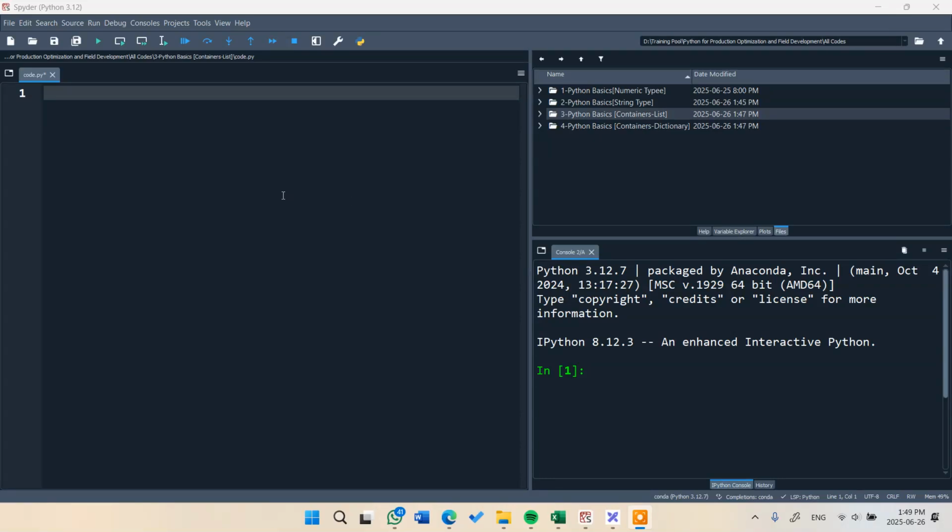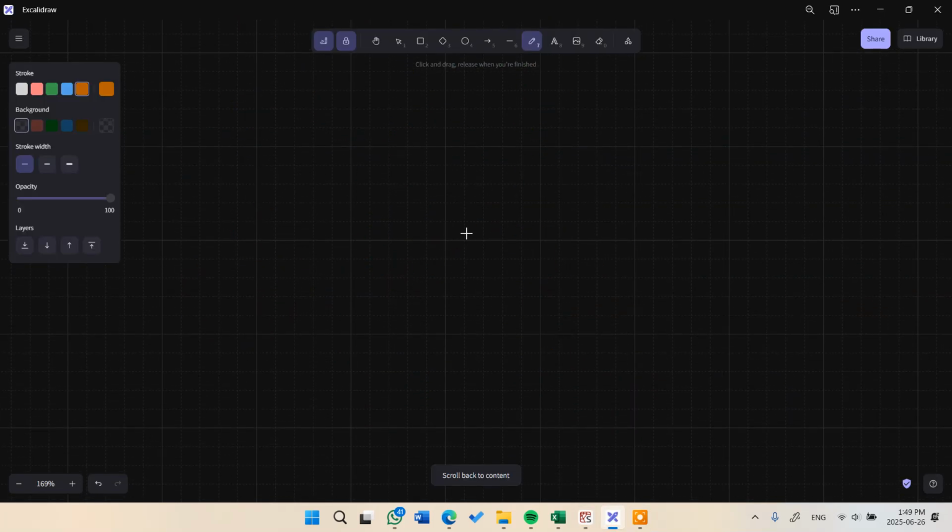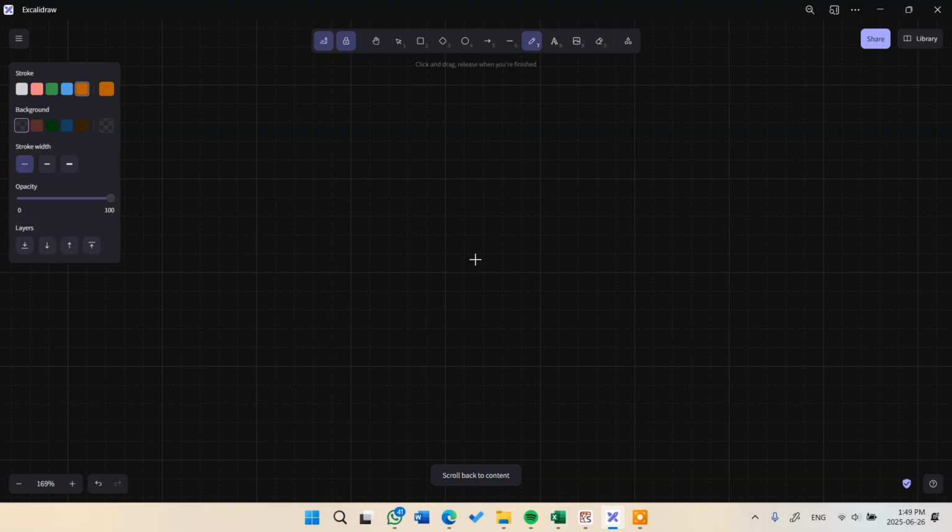Once we have covered the basics of Python, now it's time to dive a little bit deeper into more advanced data types. One of the data types that are quite common in Python is lists. But before we move forward and know what a list is, it's very important to understand the key state of the problem. Usually in the oil and gas industry and most industries, we have either something called spatial data